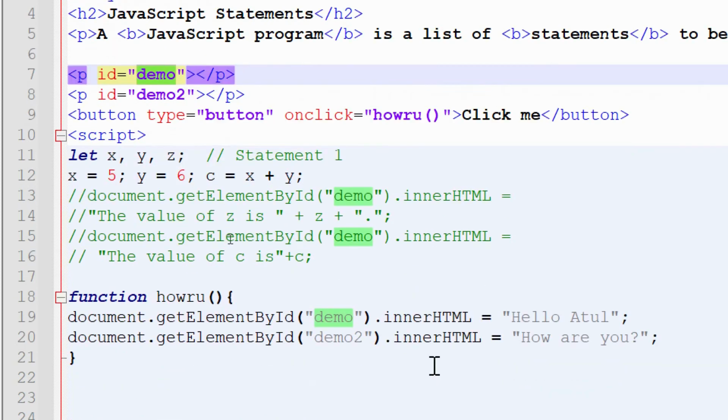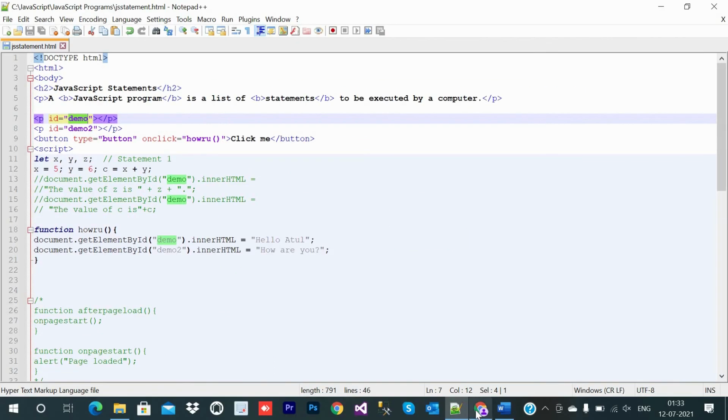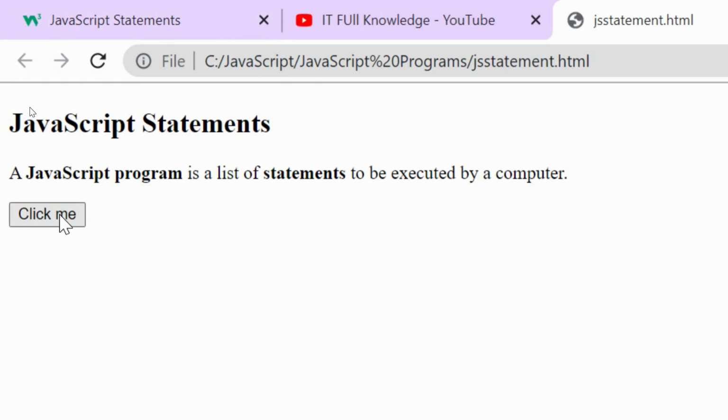So it will access the first paragraph, and inside its innerHTML it will set Hello Atul, and the second paragraph we are accessing using its id demo2. It will set how are you inside paragraph 2. So when we click on the button, first Hello Atul will appear, and below that how are you will appear. Here when we click, Hello Atul, how are you.